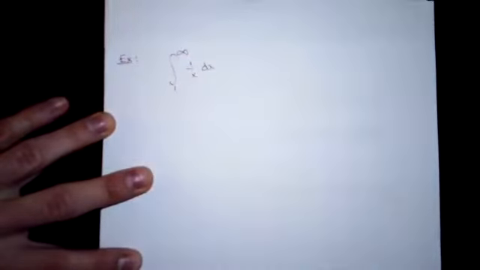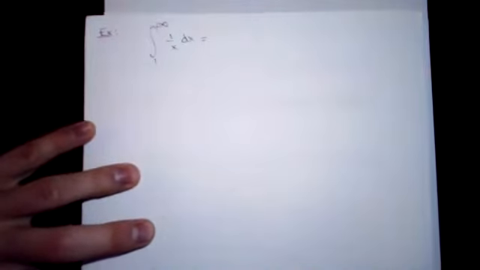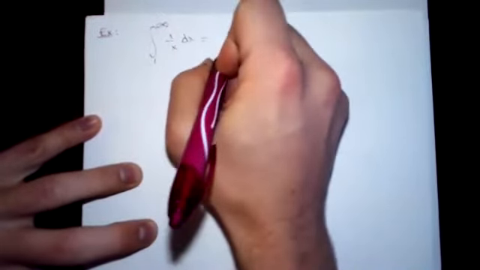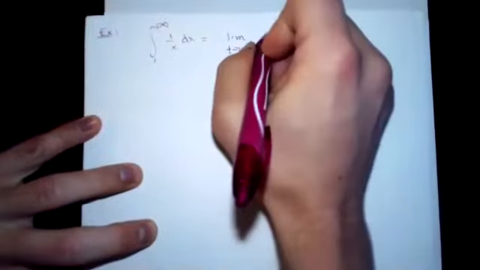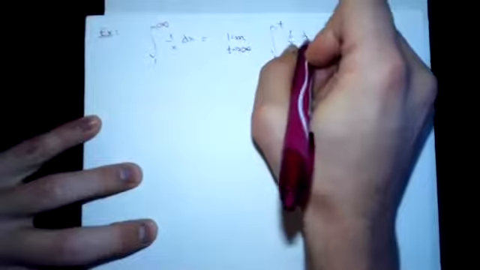So the other one we might consider is, well, that was 1 over x squared. What about 1 over x? So we do the same thing. That infinity is what makes it an improper integral. So we just want to take the limit as t goes to infinity from 1 to t of 1 over x dx.